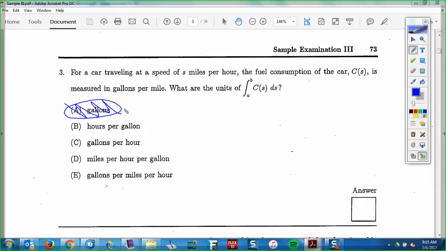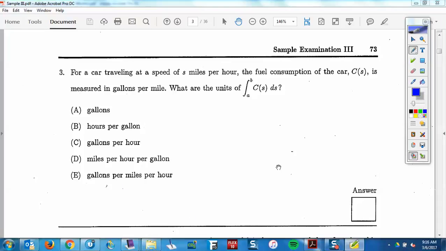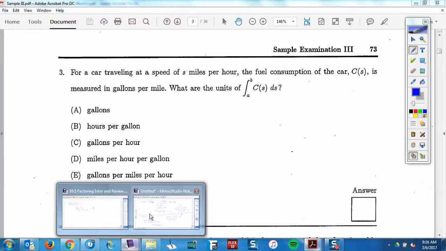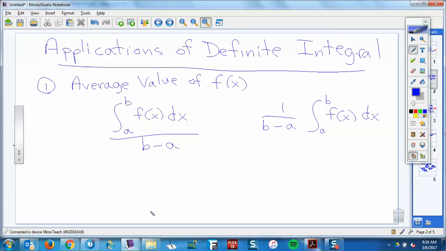Gallons is wrong. Why? So the DS would be miles per hour. Okay, here's why. Well, okay. Yeah, gallons. Geez, a problem like this makes me rethink. I mean, you just read it out like units. Replace everything with units. Absolutely. But what I feel bad about though is this discussion we had here,